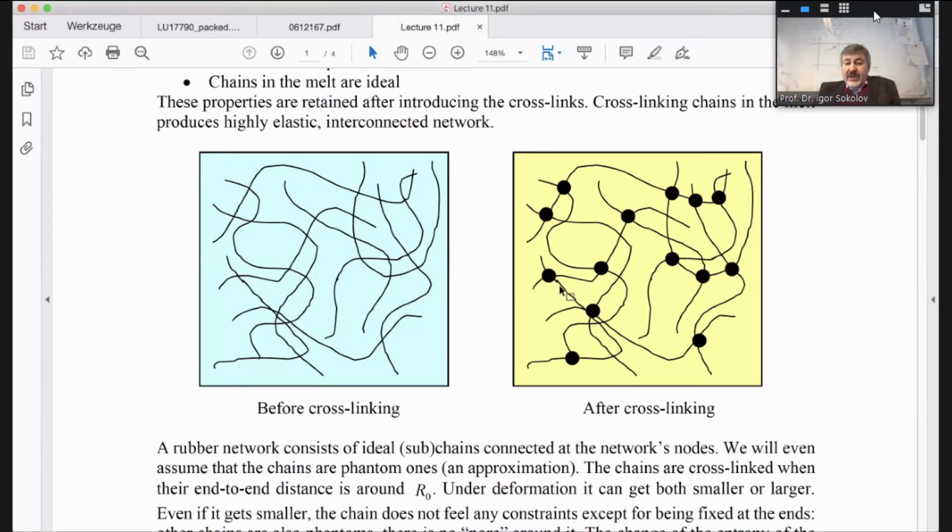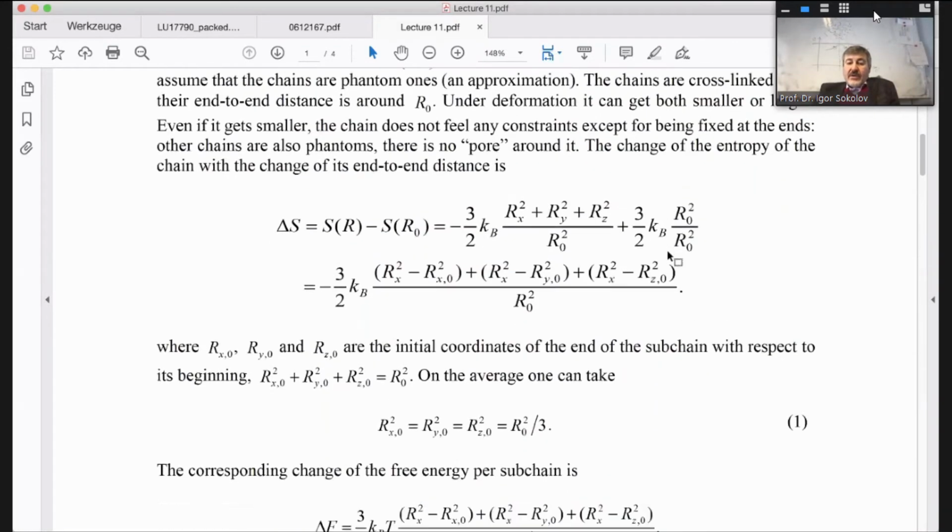So along the chain, I have here a subchain, here a subchain, and if the chains are long enough, if the polymerization degree within each chain is such that there are many crosslinks within a single chain, I can neglect these ends and simply connect the number of chains, or the number of subchains, with the number of crosslinks,